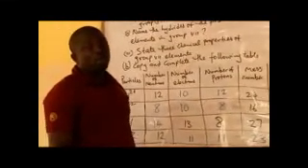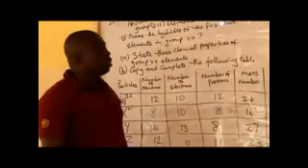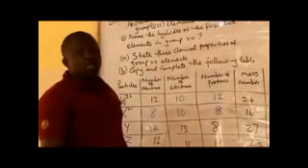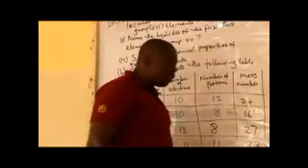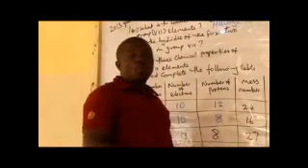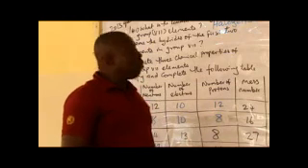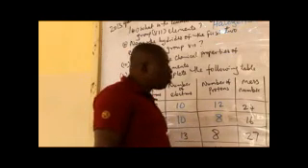The use is that it is used in the generation of electricity, in the manufacture of atomic bombs, in production of new elements, and in generation of energy. So these are the uses of any of them. Any of them can be used to generate electricity, to produce new elements, and to produce atomic bombs. So you can write one each.